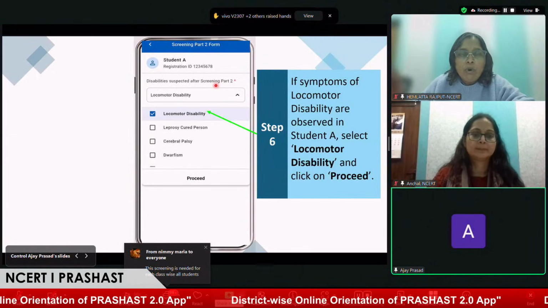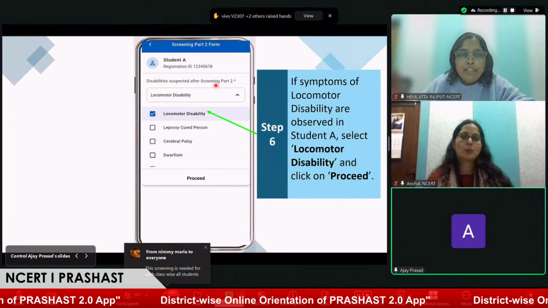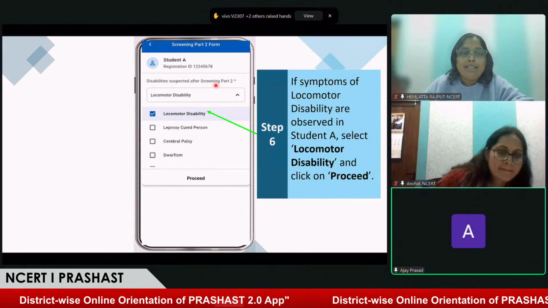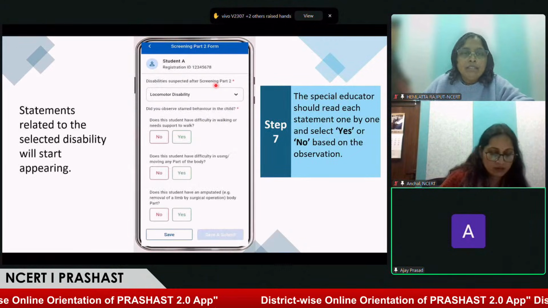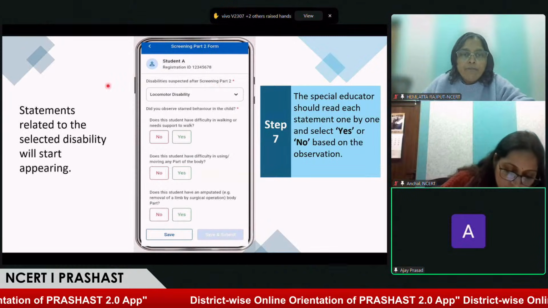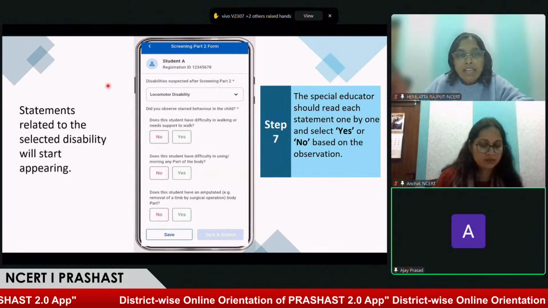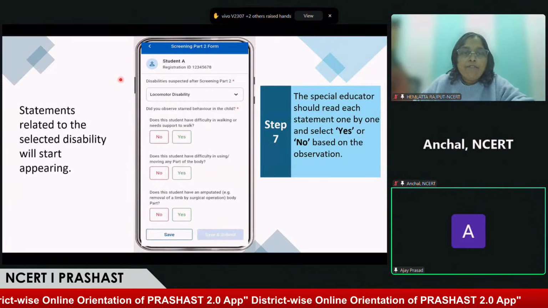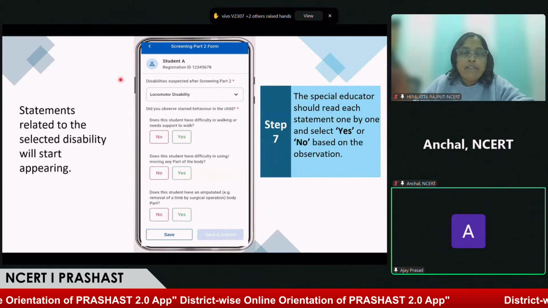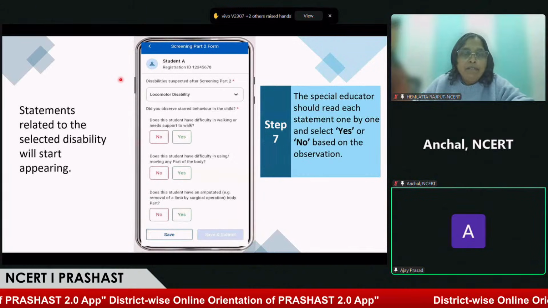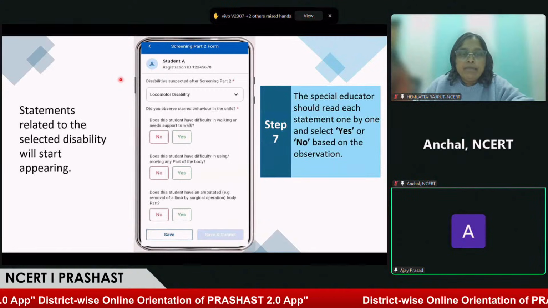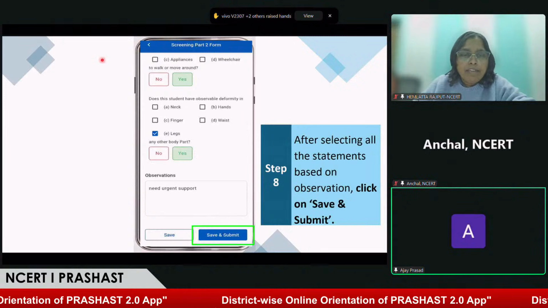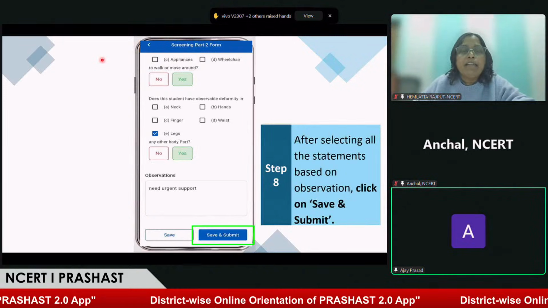See, I have selected locomotor disability. I have observed my child as well as observed the teacher's part 1 history. I have selected locomotor disability. Now I click on this. I will get a detailed statement for locomotor disability and I observe again, read this statement and observe my child. If I find these symptoms in my child, I'll select yes. If not, I will select no. I will complete the survey here and I submit this button, save. Save means if we are not able to complete the survey immediately, we just save and start it again.